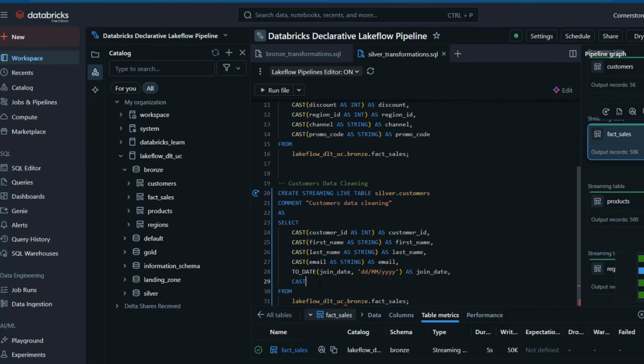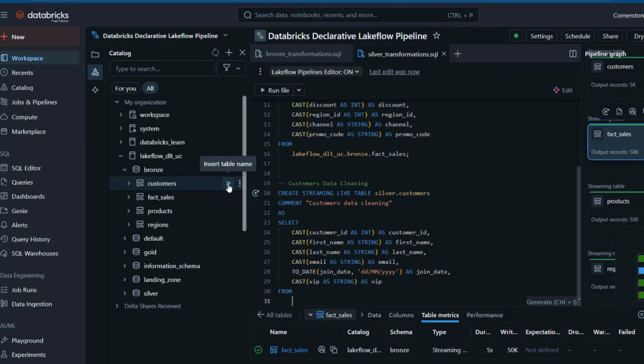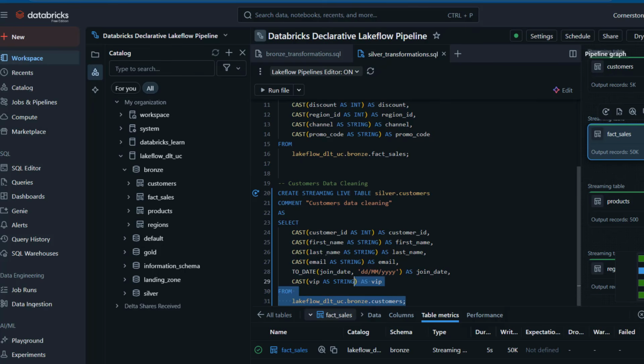And finally, the last is the VIP, I believe, VIP, and this is going to be a string, also text, and we maintain the same VIP name. So that's sorted, and I can come here, and since the name of the file, let me just quickly get rid of this so that we don't get any errors. So since we are dealing with the customers, I'm going to come here and click on these double arrows, and it's going to populate for me. So I'm going to put in a semicolon, and let's quickly copy this,